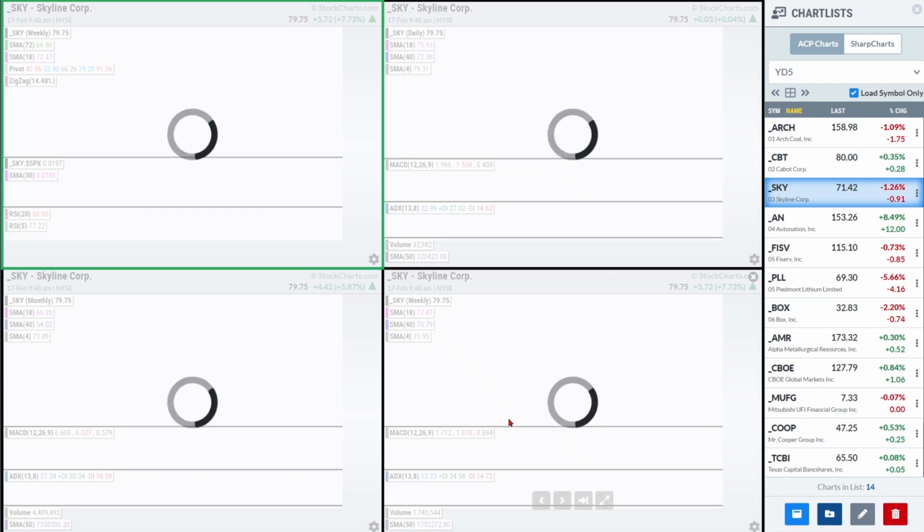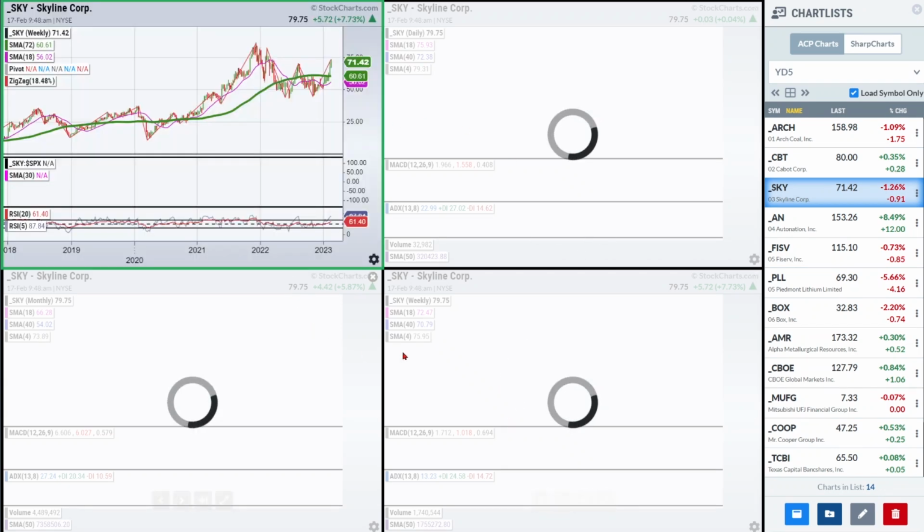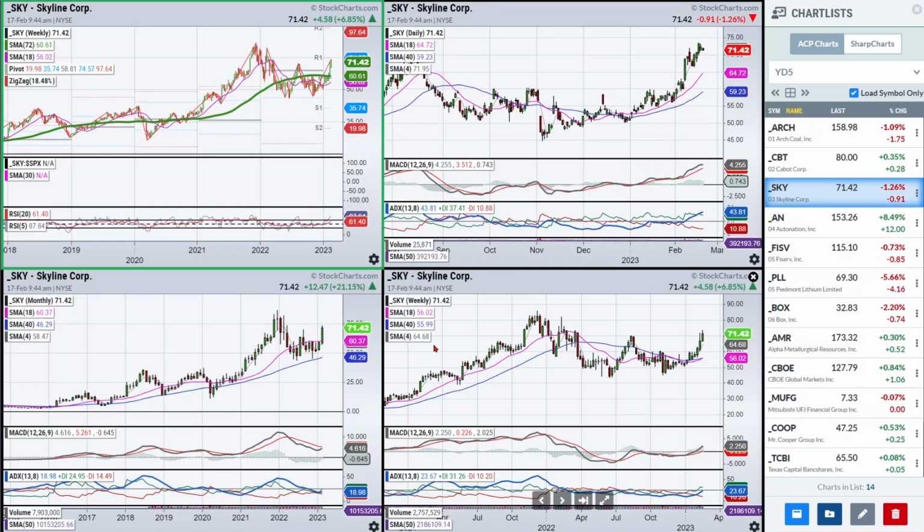So Skyline. Another area I want to highlight, which is in the home building area. Now, I'm not saying this is a home builder. I think they do mobile home building. But look at what took place in this one. So we have this strong move to the upside. My one condition I'm talking about in the stocks that I'm trying to highlight here: strong, powerful move to the